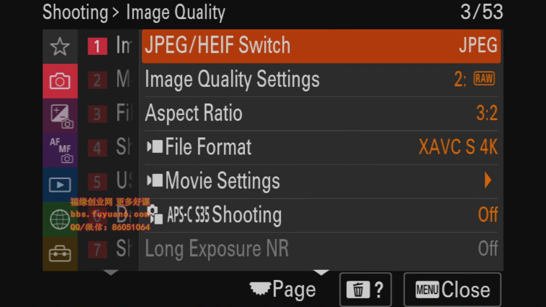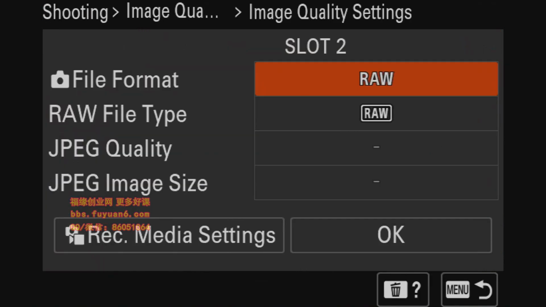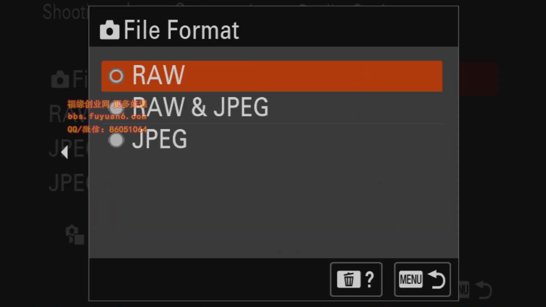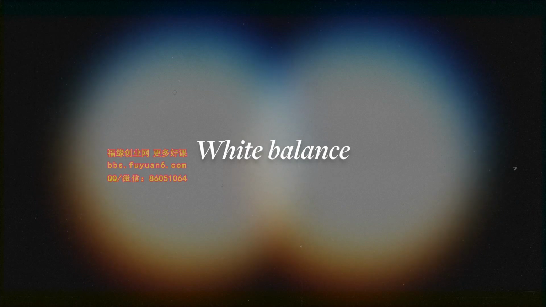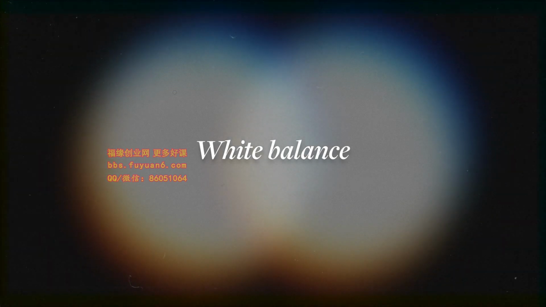We'll go through more about post-processing image storage towards the end of the course, but for now, just make sure that you are shooting in RAW. You won't regret it. So while photography is all about photographing light and understanding the quality of light,